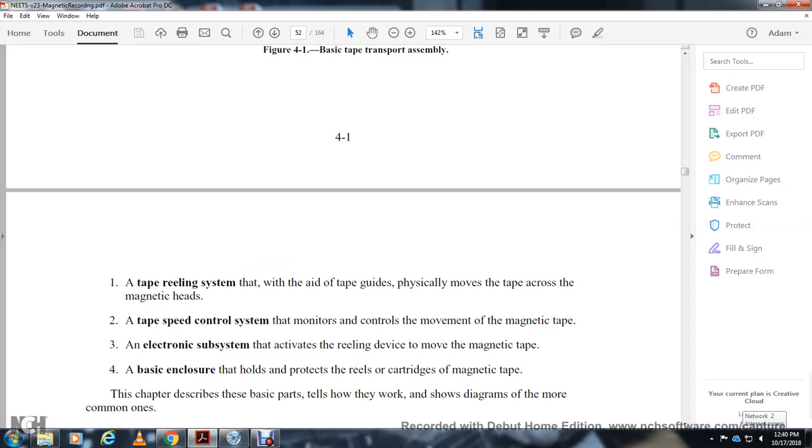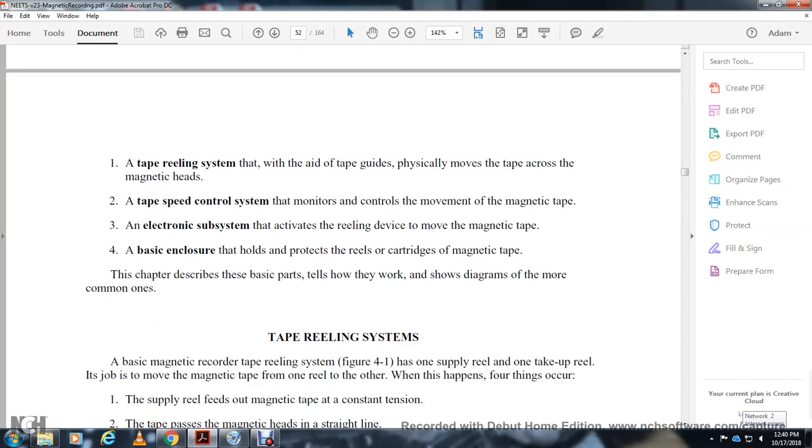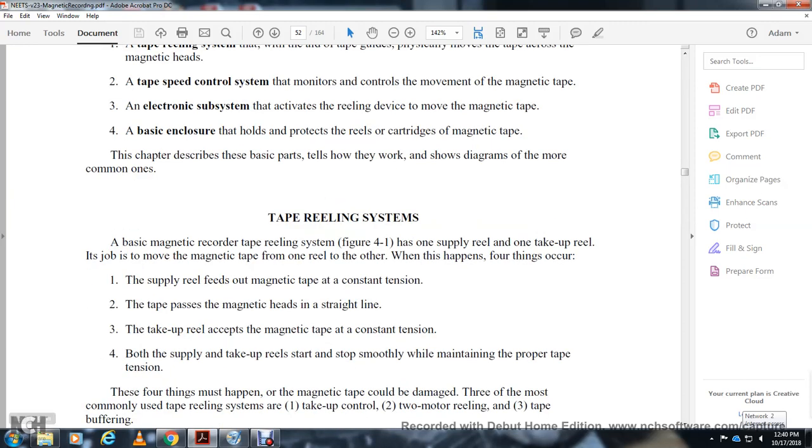The magnetic heads are controlled from the control of the movement of the magnetic tape. Electronics activate the reeling device, which moves the magnetic tape for basic closure, holding the protective cartridge. The magnetic tape transport's basic parts tell how they work, and I show the diagram of the more common ones. Reeling system: a basic magnetic recording tape reeling system has almost always a supply reel and a take-up reel,